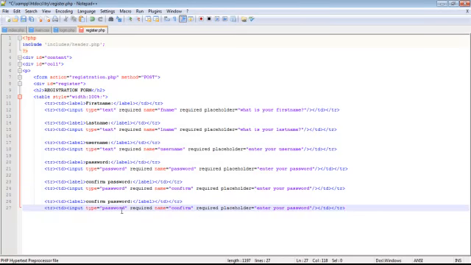And copy this again, and this one will be the label gender, the type will be radio for radio button, and required name will be gender, and we're going to add a value here equal to male, and then close this tag and just erase it, and then type male,